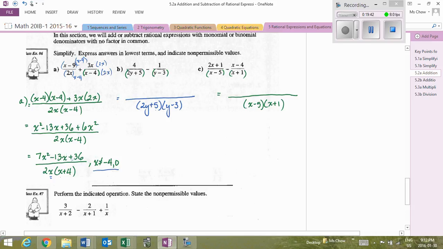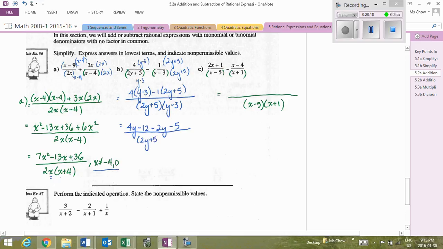So let's take a look here. So again, if I have a common denominator, 2y plus 5, y minus 3, I'm multiplying y minus 3 by top and the bottom here, and 2y plus 5, top and bottom here. So that means then my numerator is going to be 4 times y minus 3 minus 1 times 2y plus 5. So we'll distribute that. So 4y minus 12 minus 2y minus 5 over,